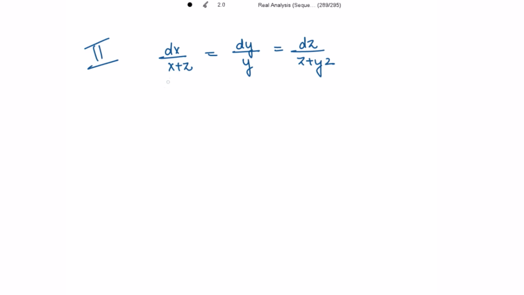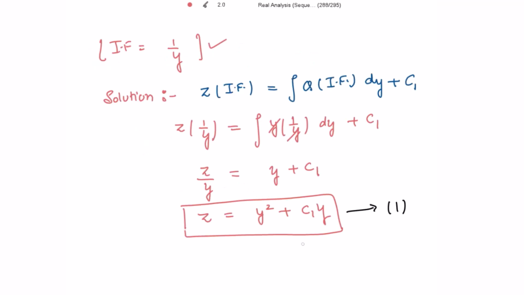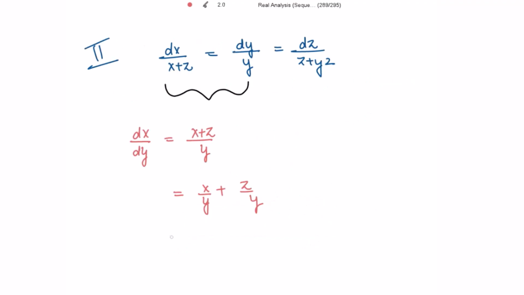So for the second way, I am going to take these two ratios. So from here I am taking dx by dy, that is equal to (x plus z) divided by y. So writing this further as x divided by y plus z divided by y. We have calculated the value of z to be y squared plus c1 y. So I am going to use this value over here. So this is equal to x divided by y plus, what is z? It is y squared plus c1 y from the previous solution. So using this, (y squared plus c1 y) divided by y,